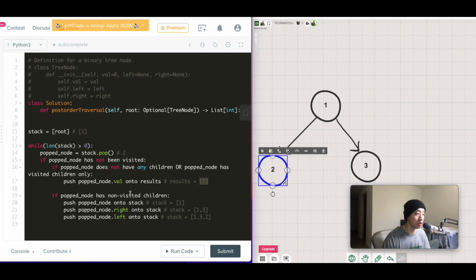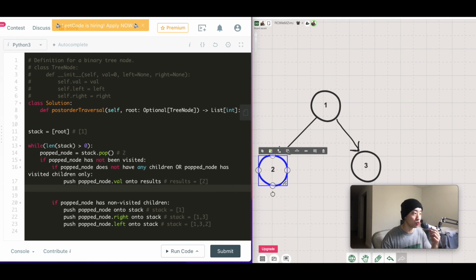So one thing we can do, this is another thing, is we need to set the node as has been visited already. So we need to set pop node, or add pop node to visited, whatever data structure we eventually use for visited. So add pop node to visited, and so this will handle the